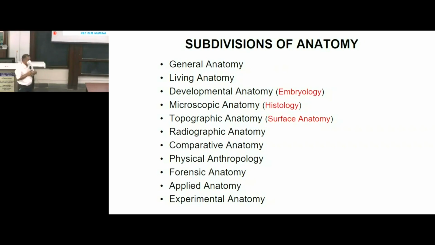Humans have evolved from lower animals. So we want to compare anatomy of, say, a mammal, another mammal as compared to a human being. A four-legged animal walking on four limbs. Humans have evolved to become bipedal, so that the upper limbs are free to move, because upper limbs have to function for grasping, reaching out for an object. So comparative anatomy is study of anatomy of two organisms and comparing structures.